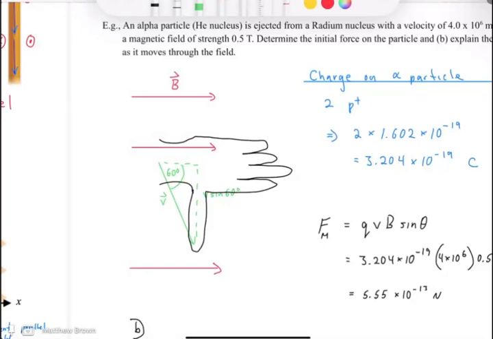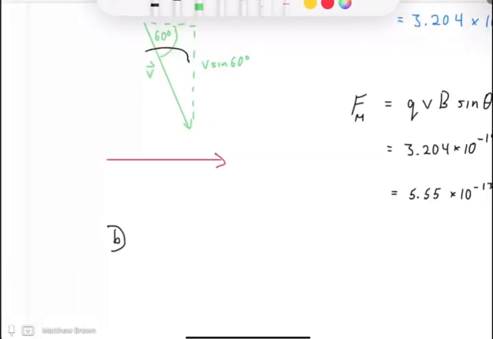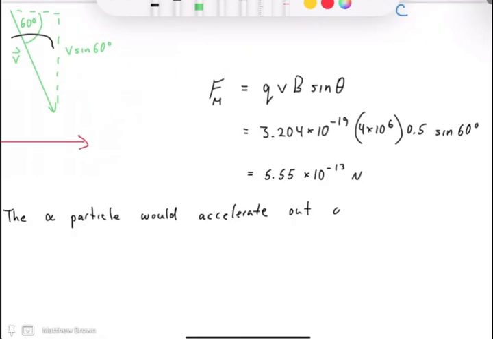So that's what we would say. We would say the particle would accelerate out of the page, since that's the direction the force is in. Out of the